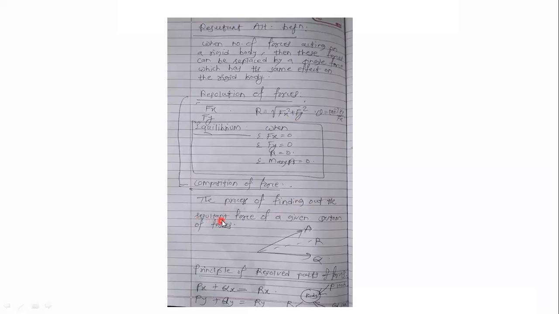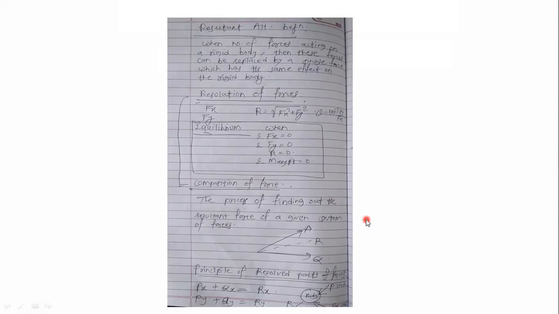The process of finding out the resultant force of a given system of forces means, suppose you have been given two forces, force P and force Q, and for that force P and Q you want to find the resultant, then you can get this resultant by using the composition of force. Composition means integration. Integration means combining together. So you are going to combine the force P and force Q together to get the force R, which is equal to its resultant. Okay, but you have to apply